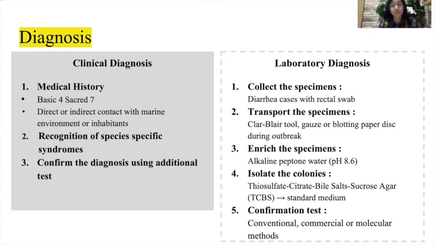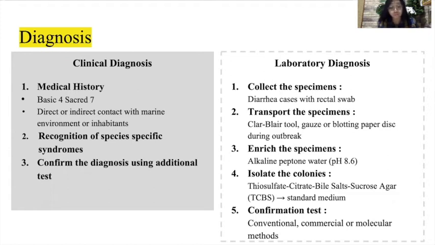I'm going to continue the presentation by talking about how to diagnose Vibrio illness. There are 2 types of procedures that we need to do to determine whether the patient has a Vibrio illness or not. First is clinical diagnosis. There are 3 steps that we need to do. First is to obtain a complete medical history of the patient. The most important is to find out if the patient has a history of direct or indirect contact with marine environment, brackish water, fresh water, or their inhabitants, such as fish,